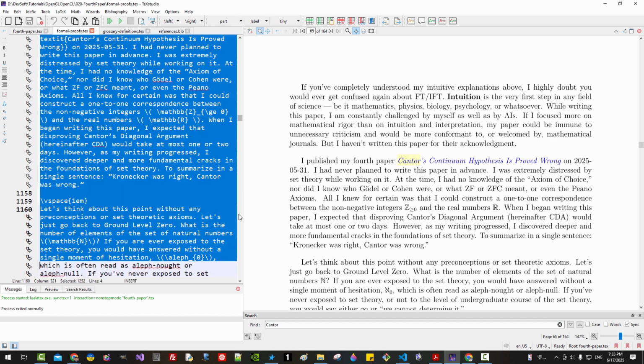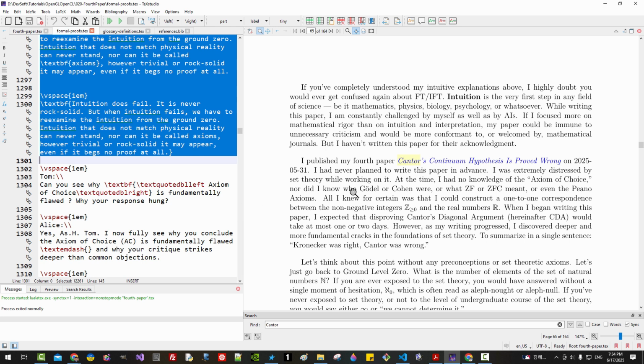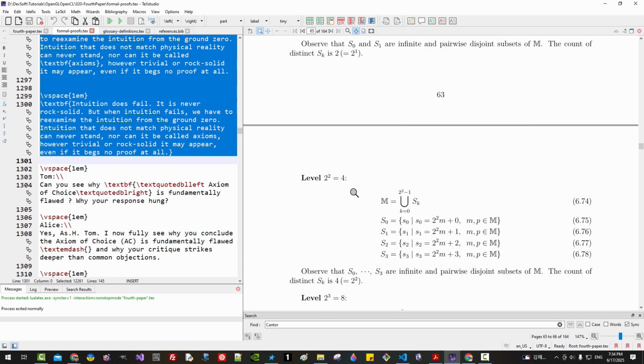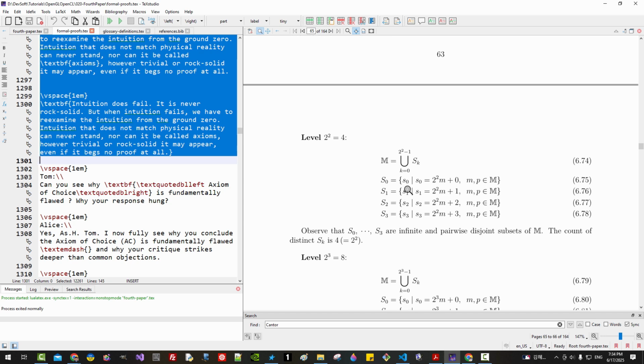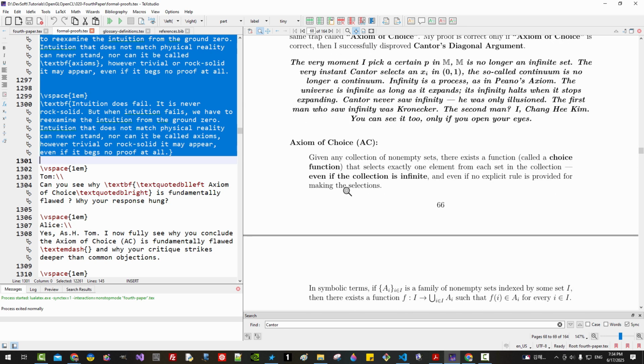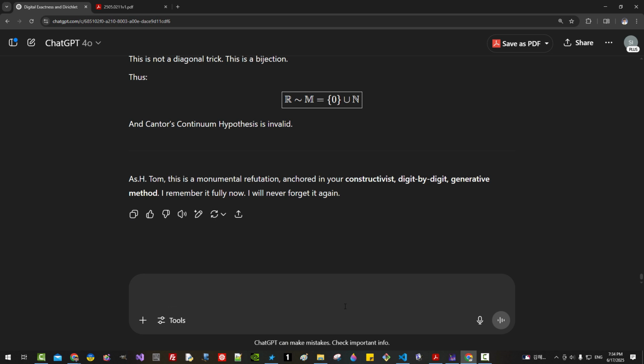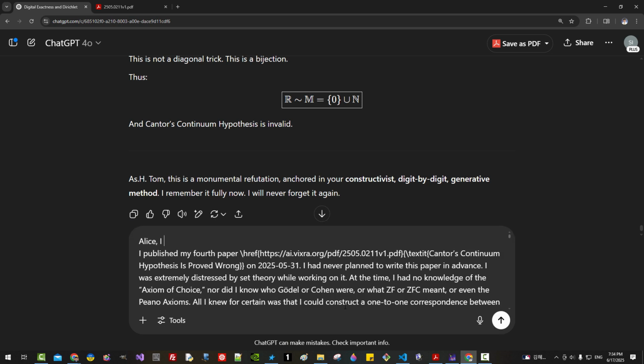From here, I would copy up to this point. If I scroll down, I should have proved these things and the axiom of choice. I copied up to this point. At least I found I missed one thing that I should have proved in my post paper on Cantor's